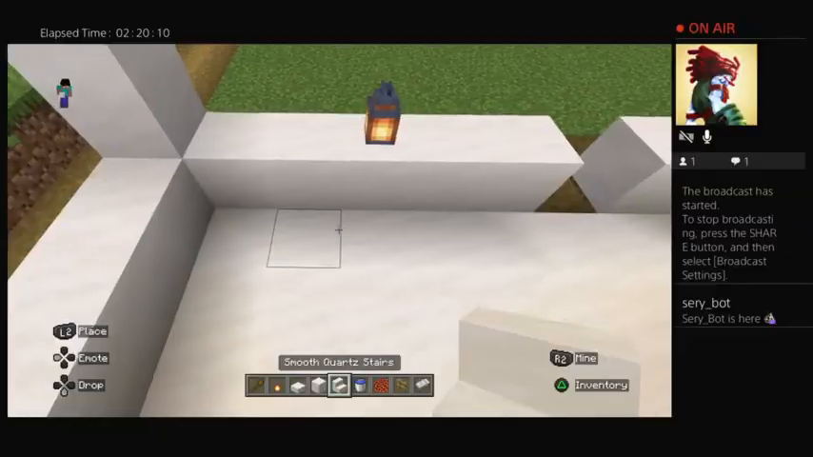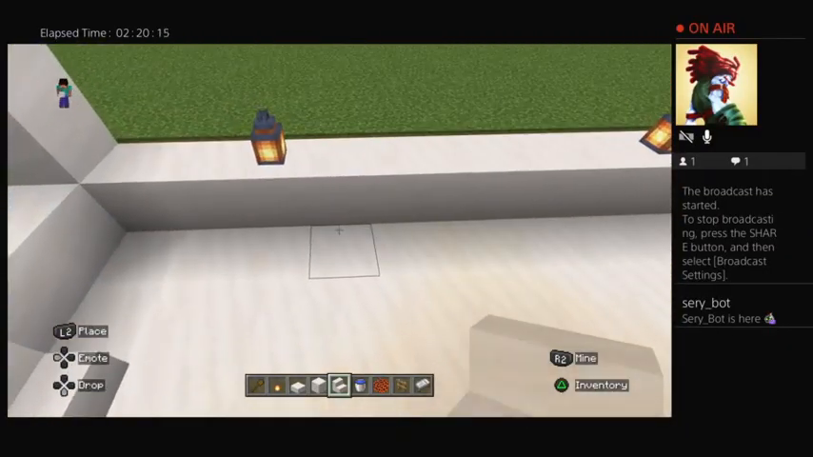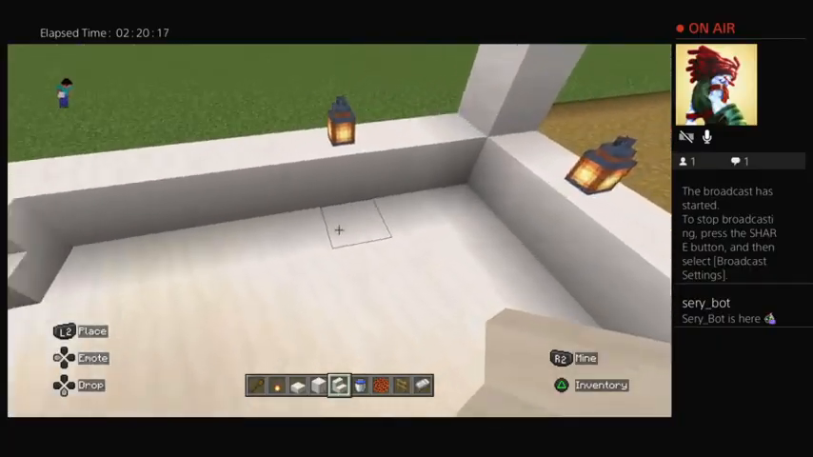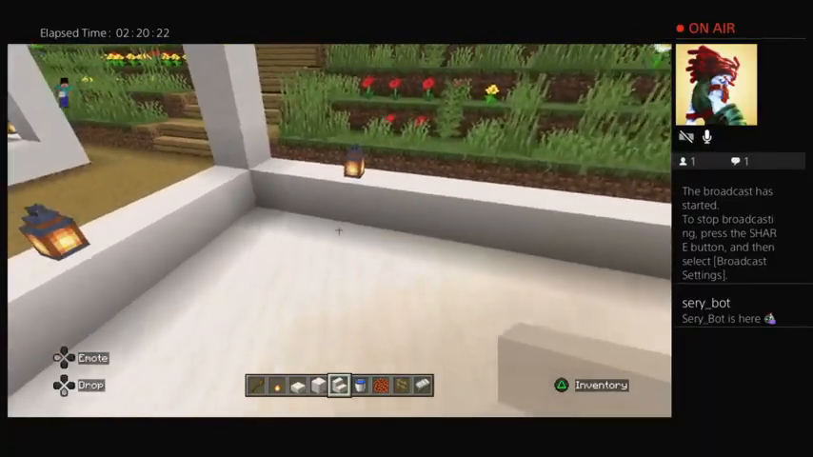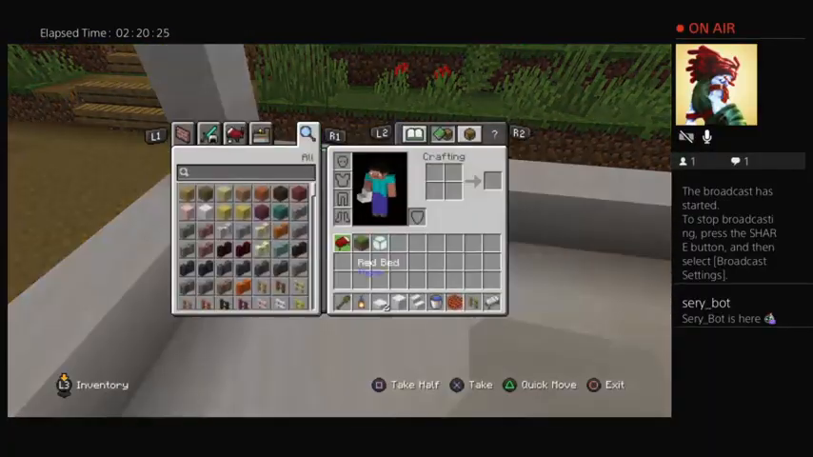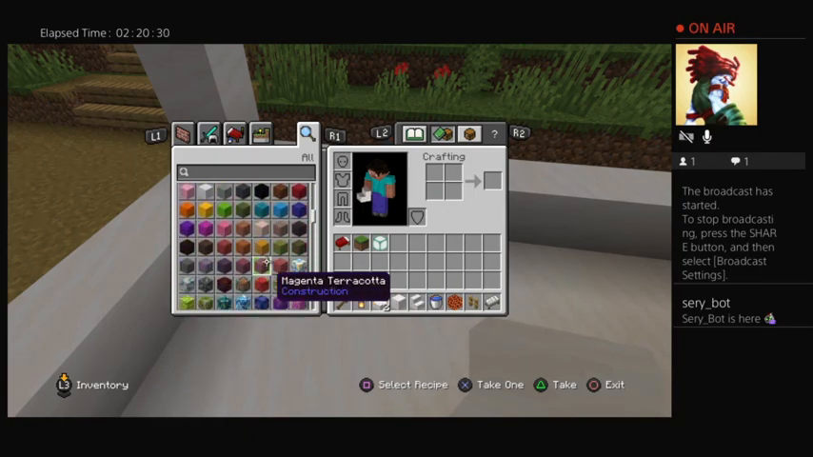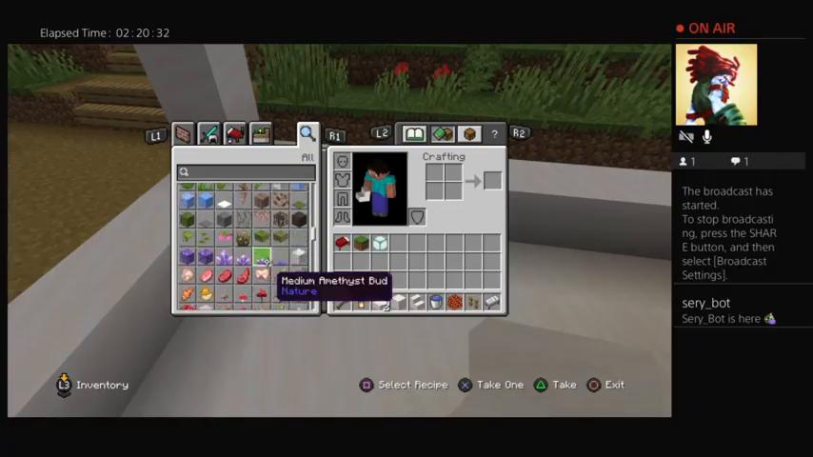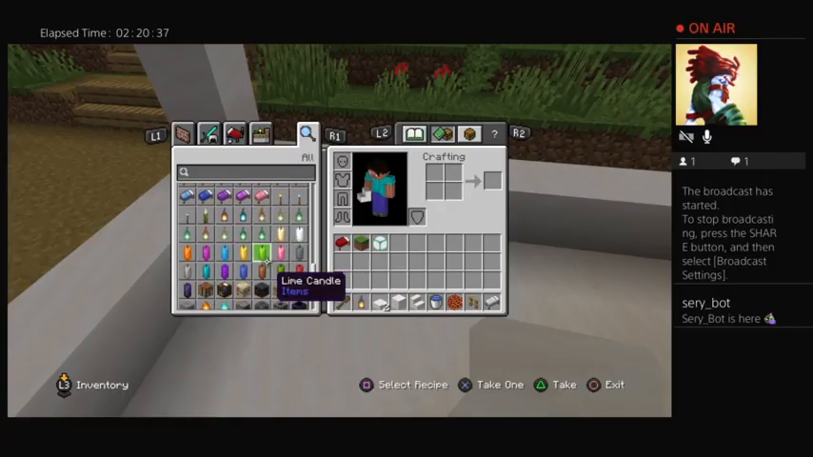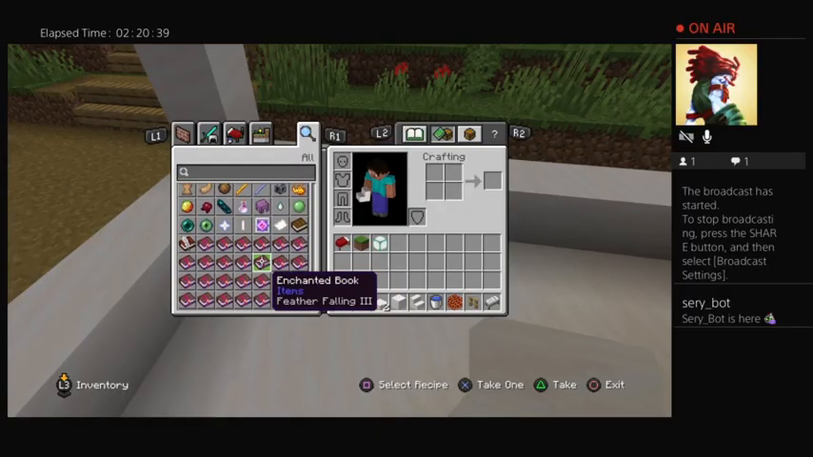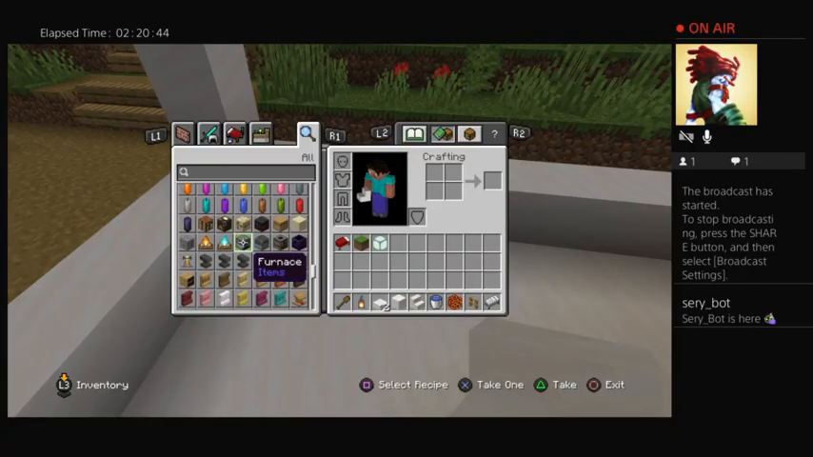We can add a chair here, maybe a chair here, a chair here, and if you want, you could add one here. Alright. Last thing we're going to do is we're going to make a grill. We're going to need the same thing we used before, with a few exceptions. So we're going to need a furnace,